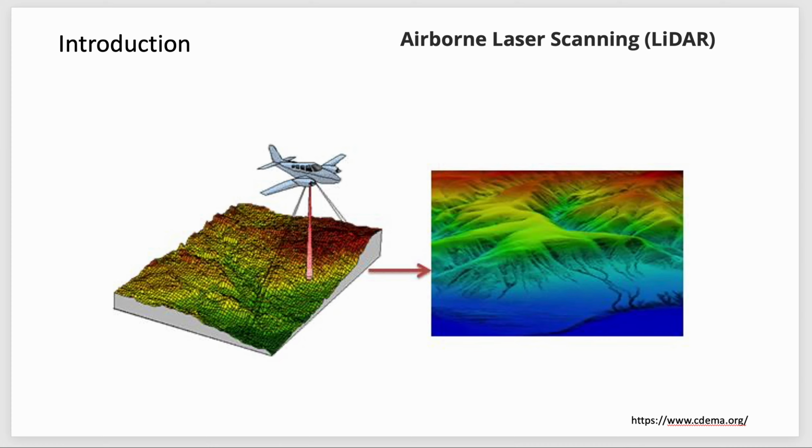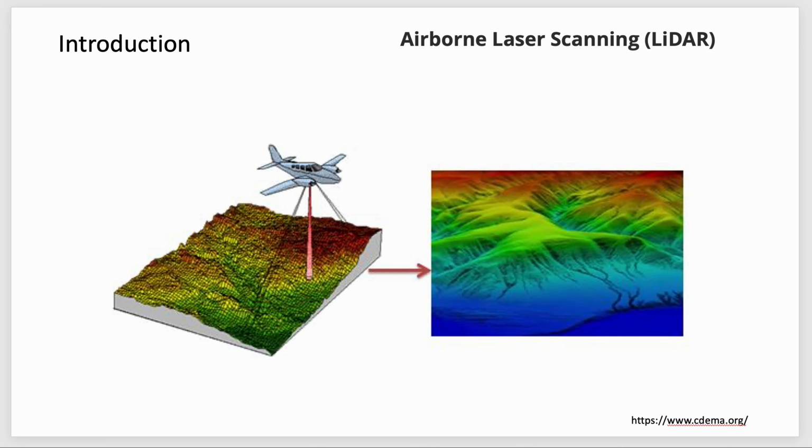And another technique we call airborne laser scanning, with LiDAR picked up with a plane or helicopter, something like that, and take the data that we want and get it